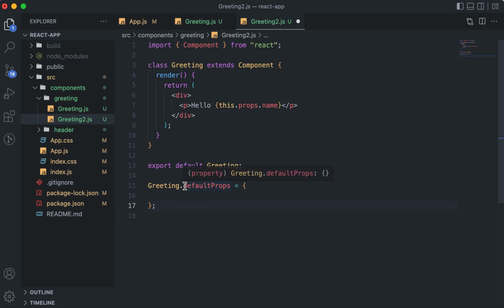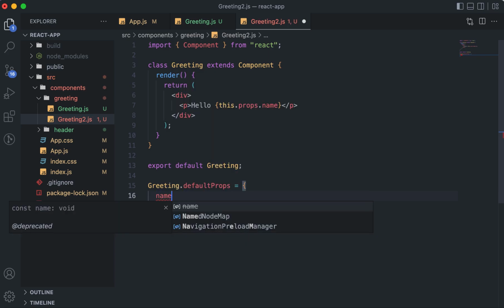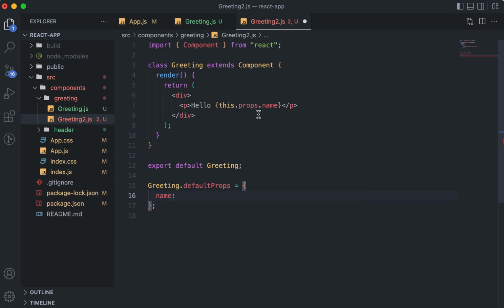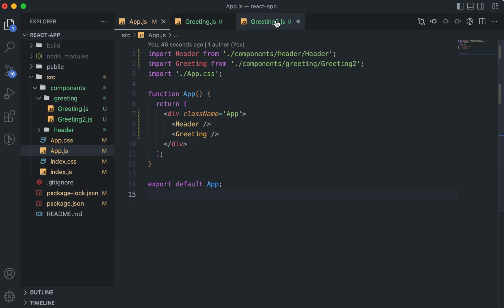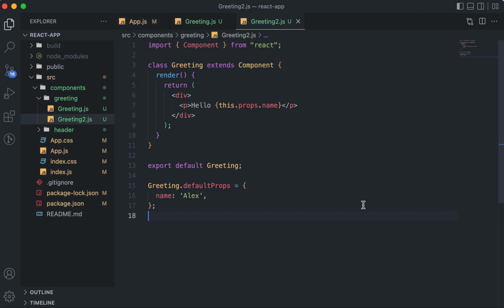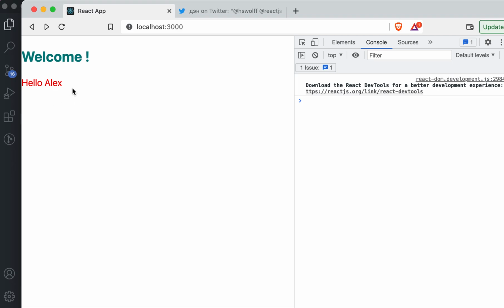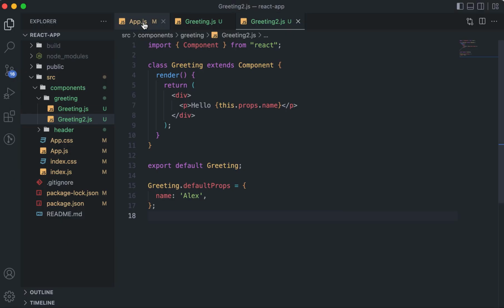This is something which is special for a class component, where now if you put something, so name, props.name was the thing, right? Now if I put name is equal to, let's say, Alex, then what is happening is that if you don't pass anything, so right now you can see that if I don't pass anything, then by default Alex will be taken. You can see by default Alex is taken. But if you pass something,